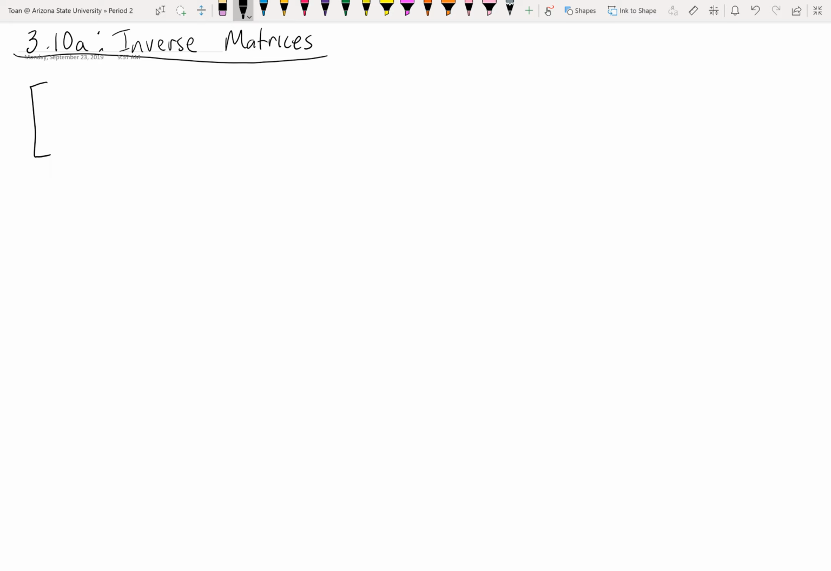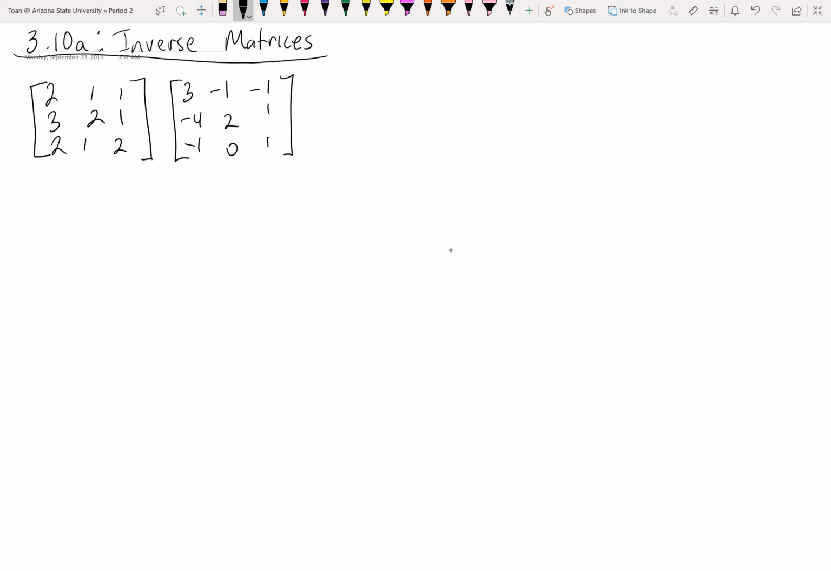This matrix here, 2, 1, 1, 3, 2, 1, and 2, 1, 2. And this matrix here, 3, negative 1, negative 1, negative 4, 2, 1, negative 1, 0, 1. They seem like very ordinary 3 by 3 matrices. So what's so special about them? Well,